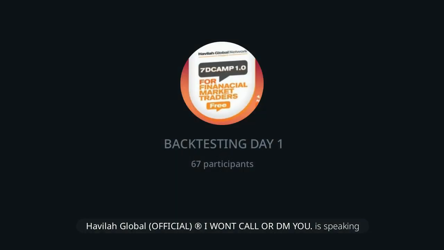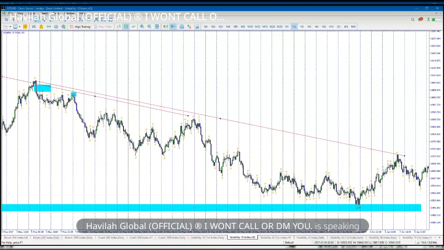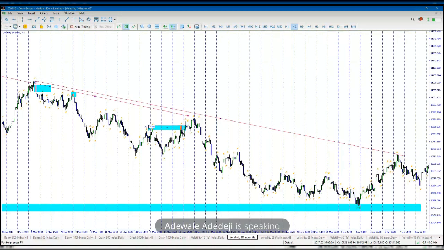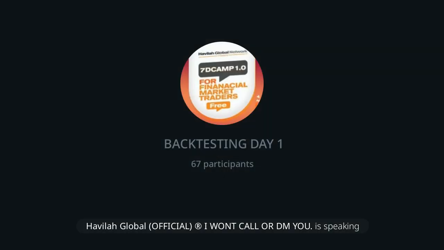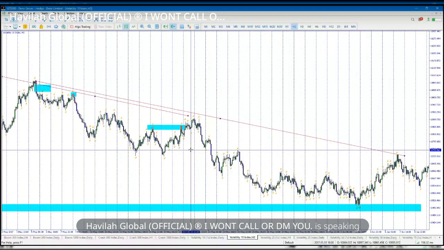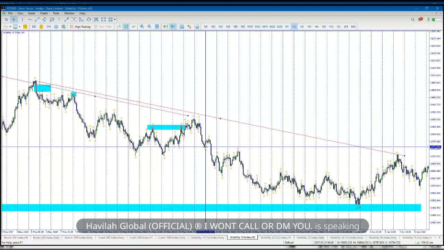You know this is a break of structure, right? Yes, sir. So ordinarily we are going to think, okay, price will just come back here, maybe somewhere around here. In fact, looking at this push up, you may think this guy came to take out this liquidity and is going back up. But remember, from the higher time frame, you have your POI.